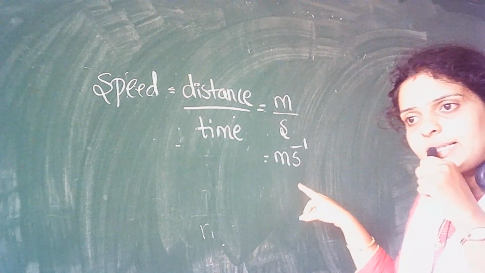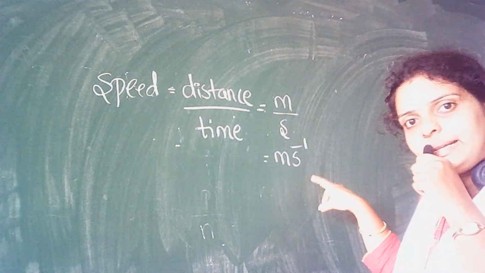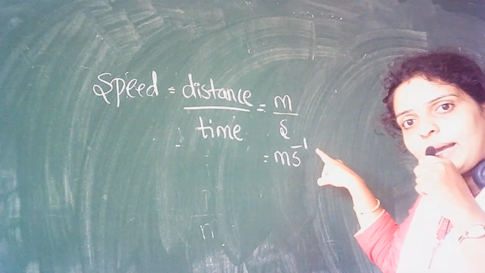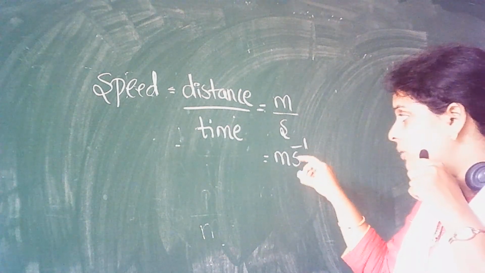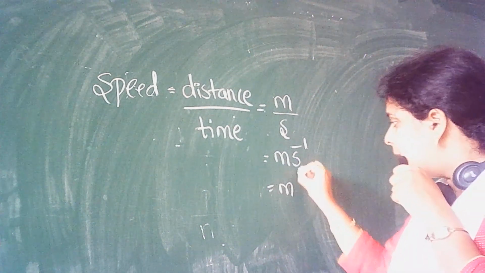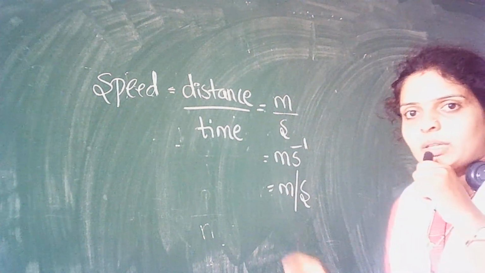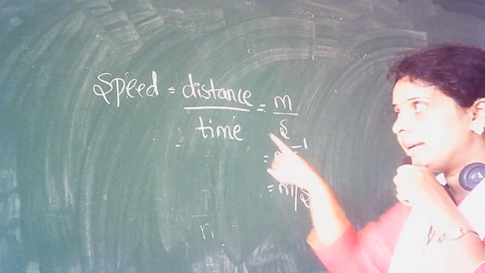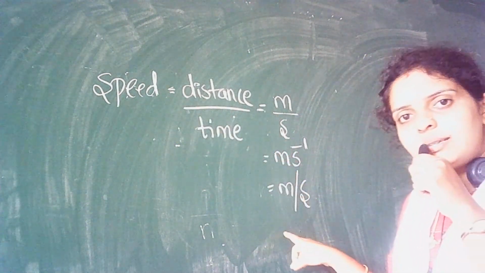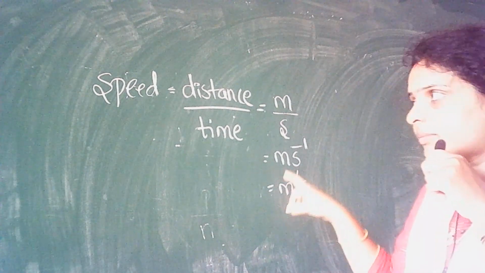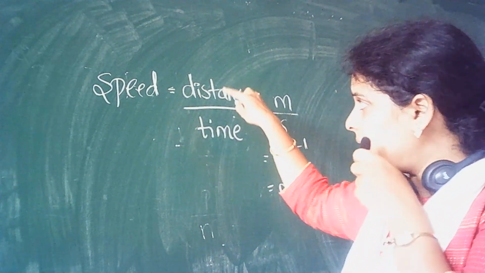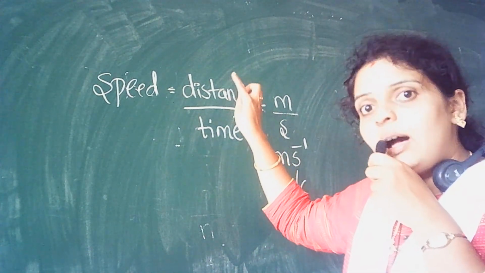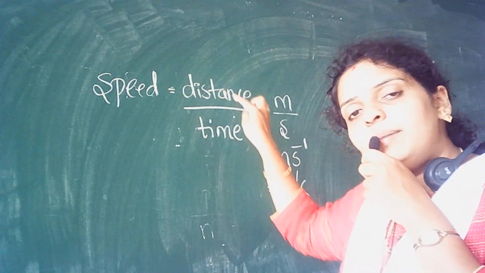You can read it as meter per second. See, m s raised to -1 means meter per second. You can also write it as m/s. What is the meaning here? Meter per second is the unit of speed. Speed is defined as the rate of change of distance, or distance covered by the body in the